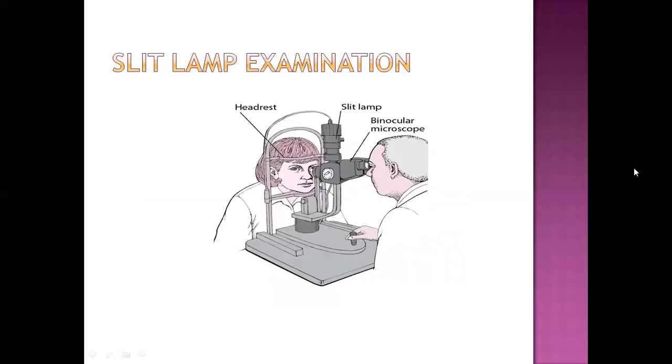In slit lamp examination, we use slit lamp to examine the internal parts of eye, which gives us the microscopic views of the eye. There is a binocular microscope and there is headrest. In this headrest, patient adjusts the chin and they expose their eye to this slit lamp. Here, an illuminated light source is introduced to the eye in order to examine internal parts of the eye. This was the diagram for slit lamp